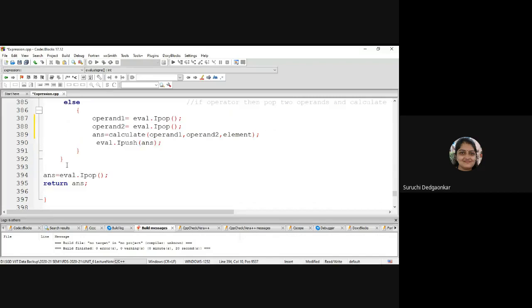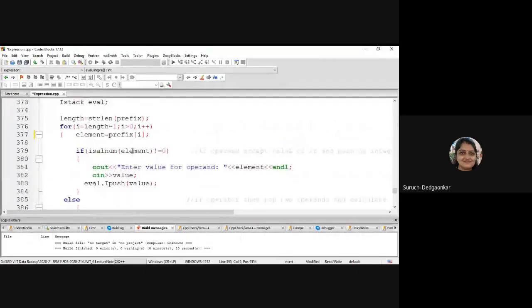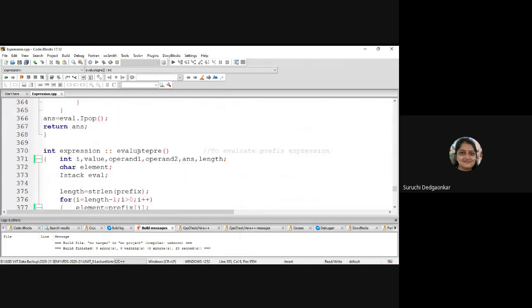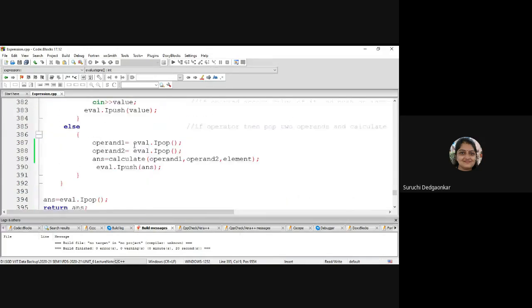And finally, when we stop this for loop, that means we have visited every character, then we are popping once and it's been done. Clear? This is the algorithm for evaluation of prefix expression.